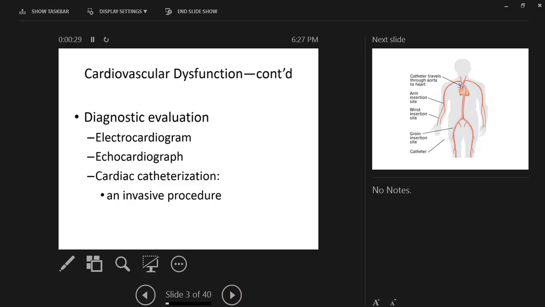Cardiovascular dysfunction, to begin talking about that, we need to look at what we would do for a diagnostic evaluation. And one of the things we can do is simply to do an EKG, an electrocardiogram. And that can help us to